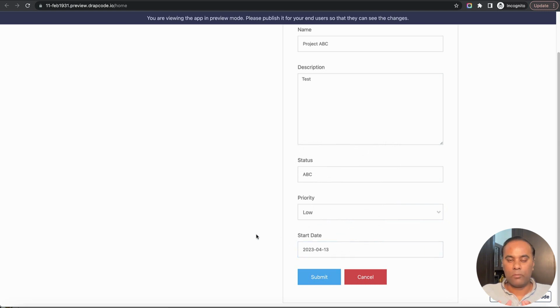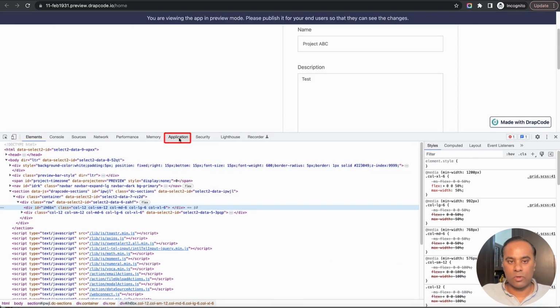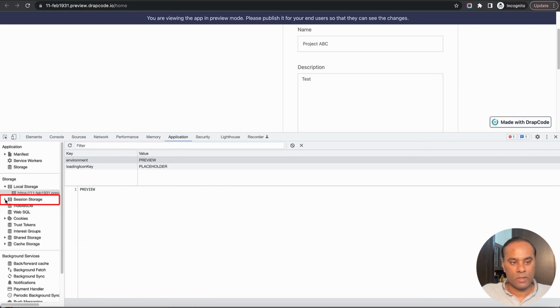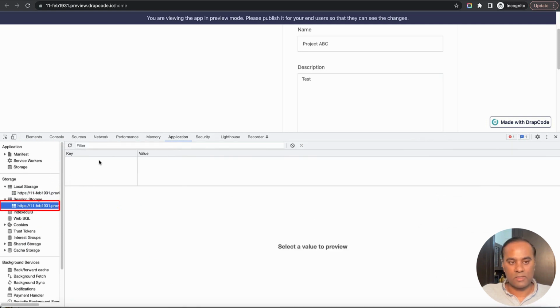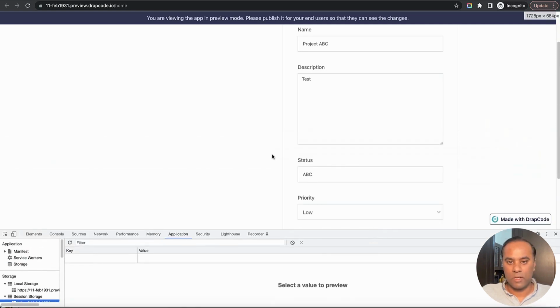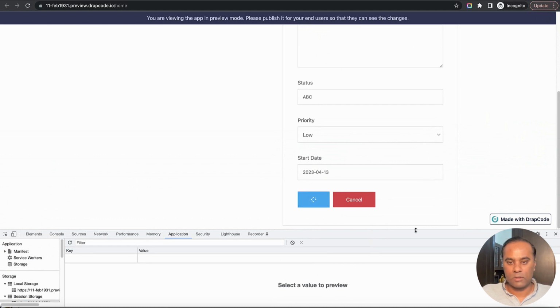Now this will push this data to Zeno, and whatever response comes, it will be stored in browser session. If you want to see where it gets stored, it gets stored under Application, in Session Storage. As of now, this is empty, right? So let's make a call and see. Submit,